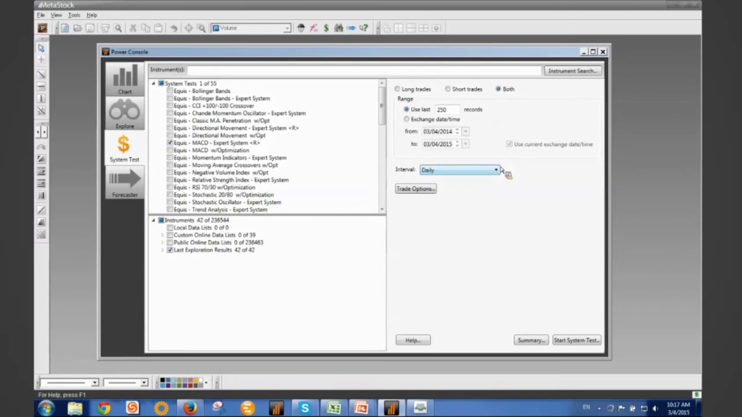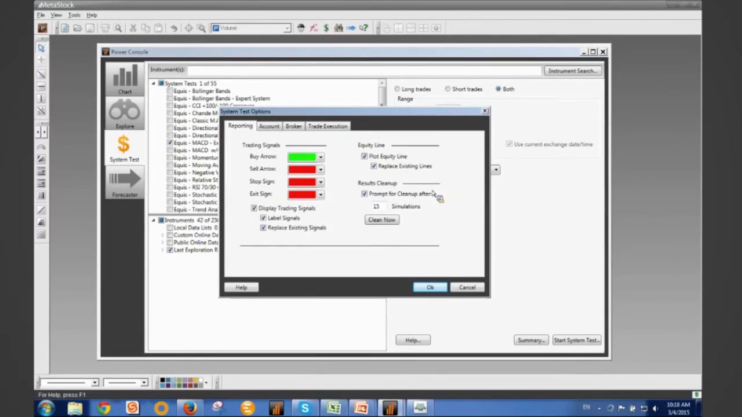Now, your second screen in MetaStock 12 and 13 for your system tester was going into a little bit more depth as to what all you want to arrange, basically the settings of your system test. We can actually do that in 14 right on this side screen. So we have our option for long and short trades, or we can do both. We're choosing the range or the amount of records that we want to load, or a date range. We're changing our periodicity with this screen as well. Now the trade options is going to pop out into a little window here